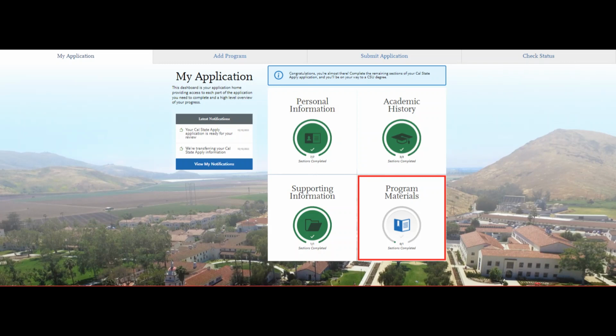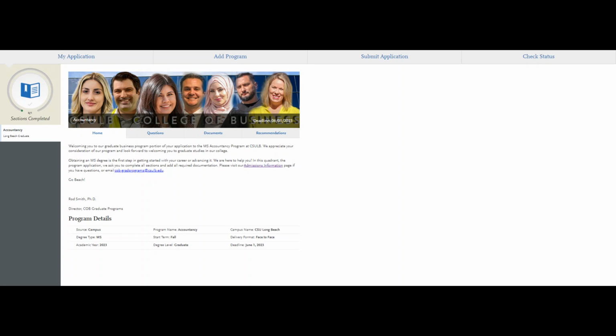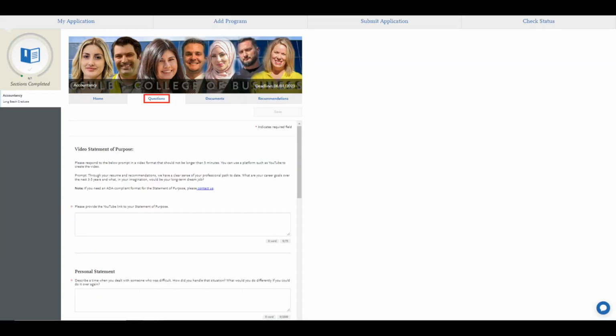Now we move on to the final quadrant. The fourth quadrant has 4 tabs: Home, Questions, Documents, and Recommendations. There is no action needed for the Home tab. In the Questions tab, you'll be asked to provide the following application materials: a web link to your video statement